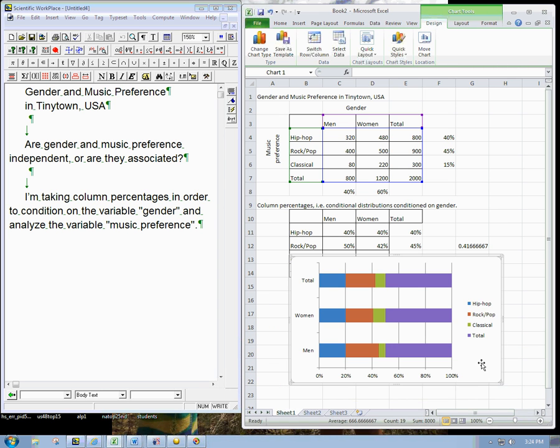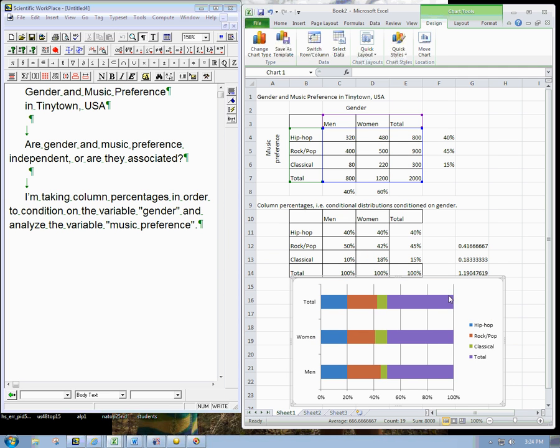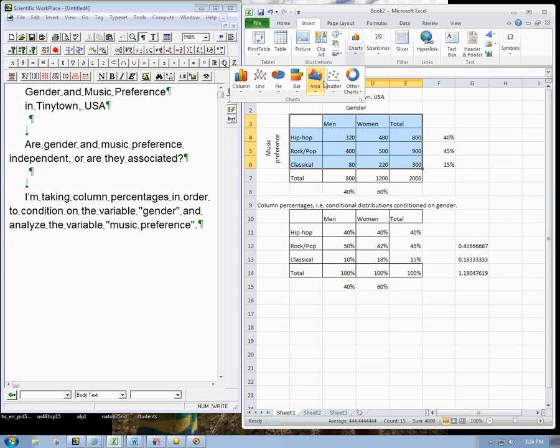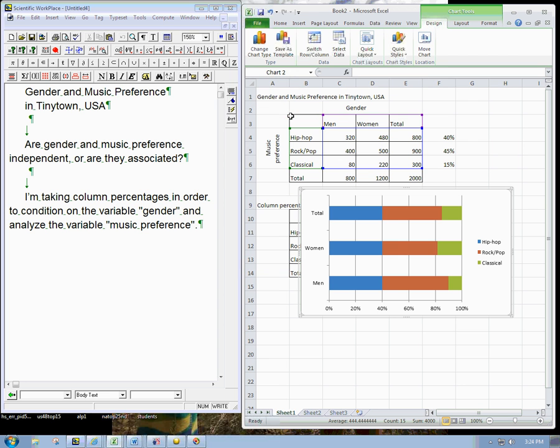Let me see if I can fit them all on. Okay. So there's the total, that's the marginal. Oh, and I accidentally got the total. No, that's just wrong. Just kidding. Let's just cut that out. I shouldn't have highlighted the total because it's getting confused. I think that's a different category entirely. Okay, so bear with me a sec. Bar chart, but then that's, yeah, there we go.